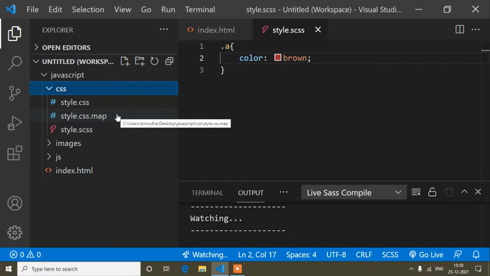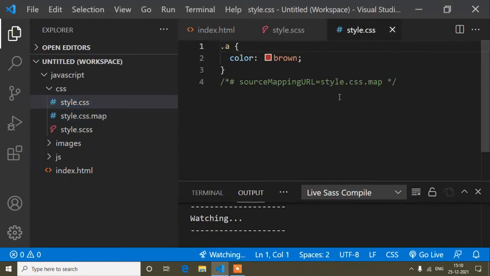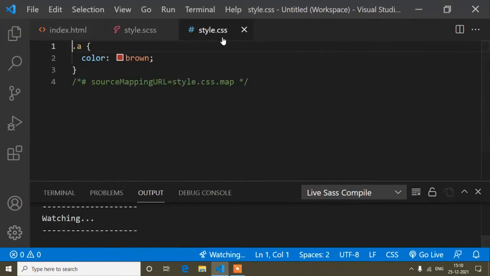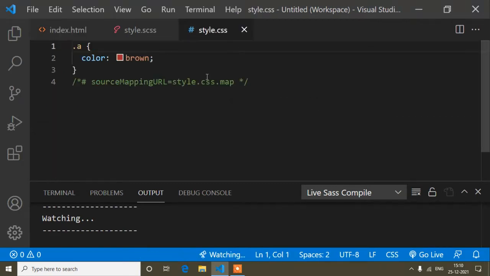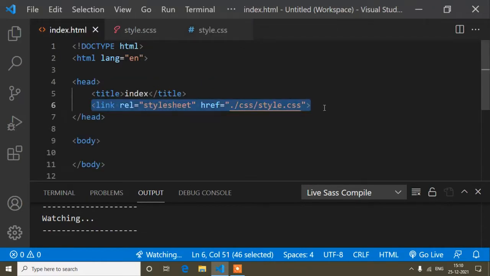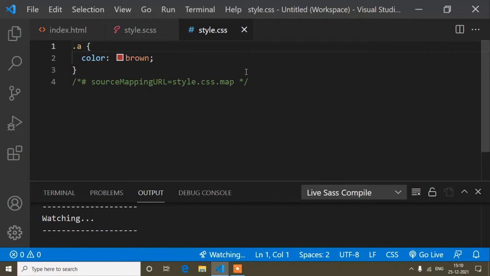You will notice the same thing also. Now the style.css.map file, I will not show this, I will just open this file. This file is automatically created, so that's why I didn't remove the link, because at least I have to have this style.css link in our project, and this style.css will be created automatically.